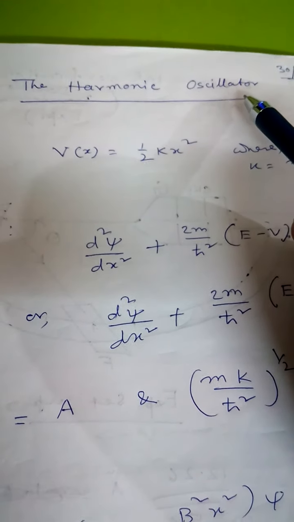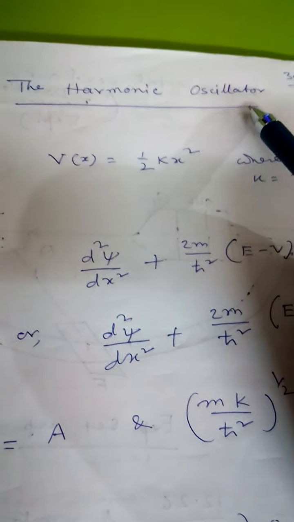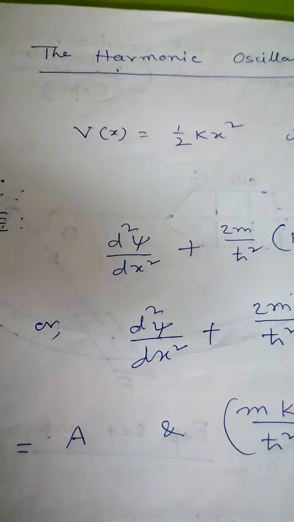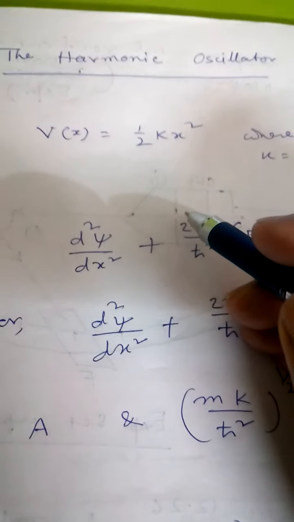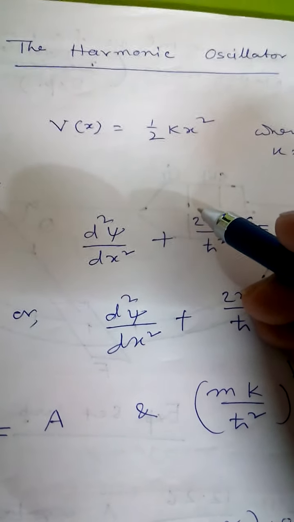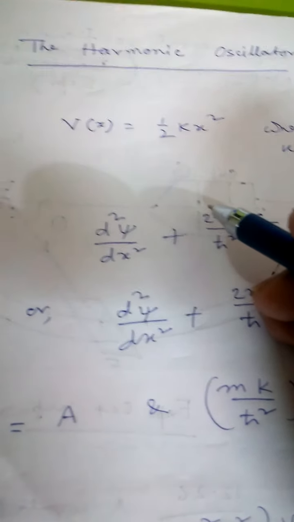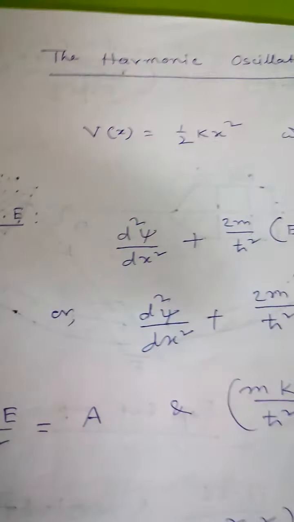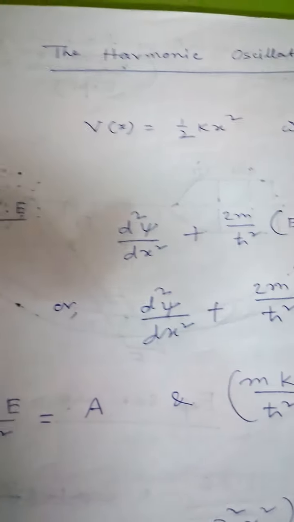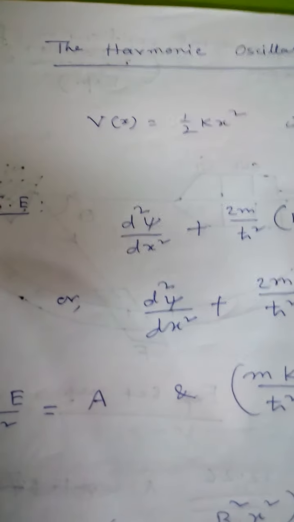In the case of quantum simple harmonic motion, one must stop visualizing a particle oscillating about a mean equilibrium position and concentrate on the wave function. The wave function corresponding to a particular state provides the behavior of the particle in that particular state. So, the simple classical harmonic oscillator can be regarded as a quantum mechanical oscillator.